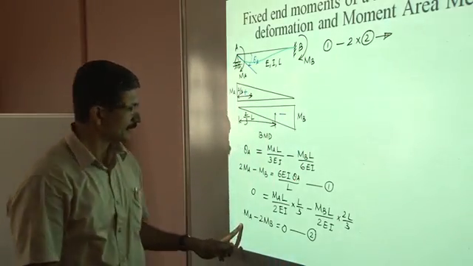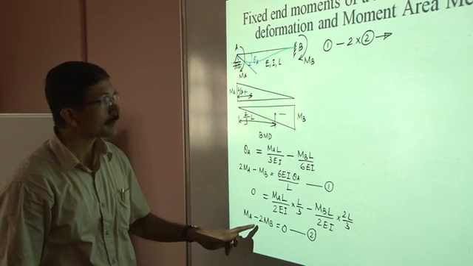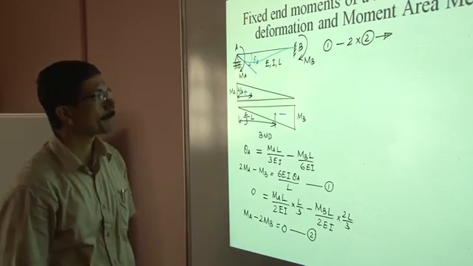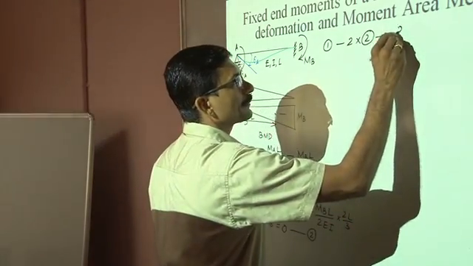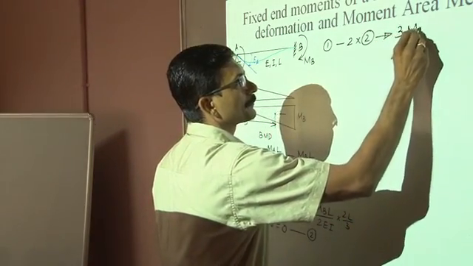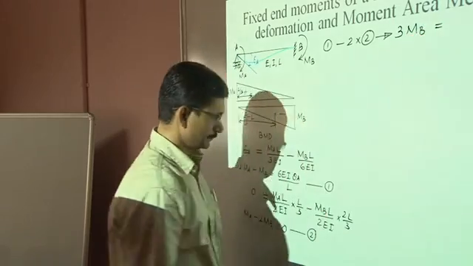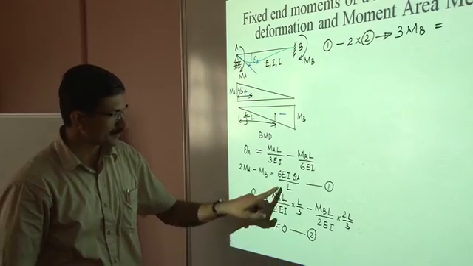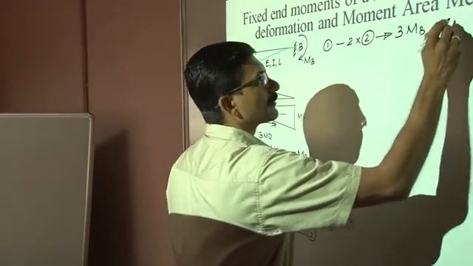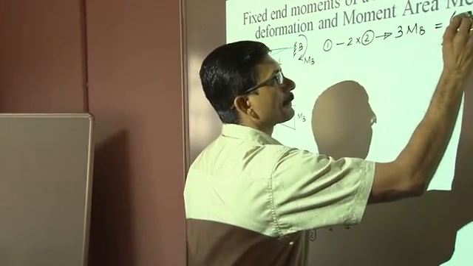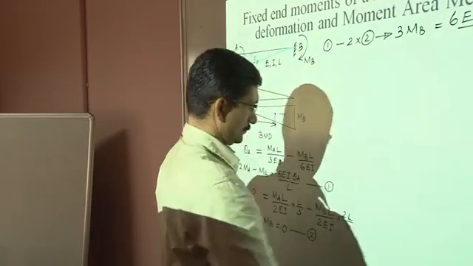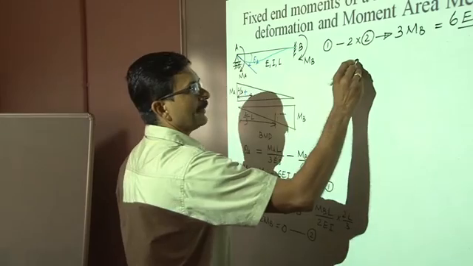This term will cancel. Minus MB minus 2 times this, 2 MB would be 3 MB is equal to this minus 2 times this, 6EI theta divided by L. That's fine. So MB is equal to